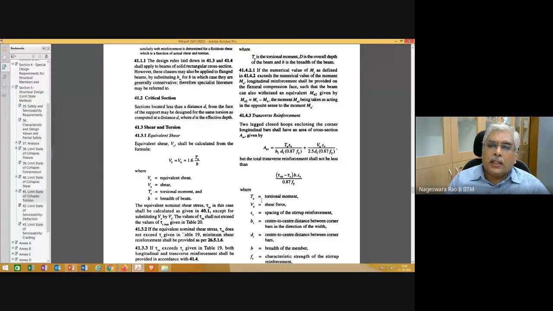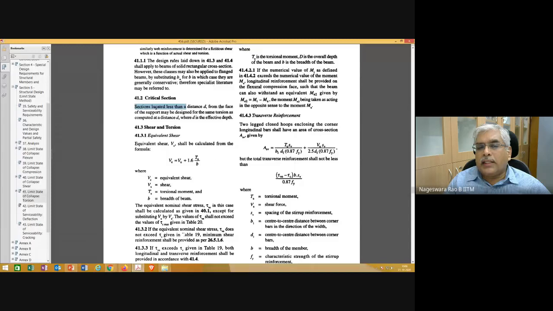Now coming to the details, it is given in Section 41 of IS 456, and under what situation an RC member is going to be subjected to torsion, we'll see in a while. But before that, let's note down whatever is given under this Section 41 of IS 456.